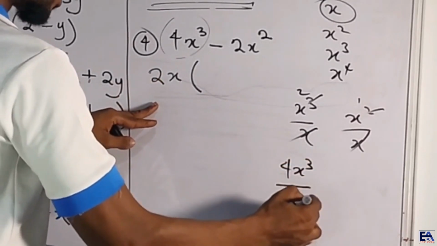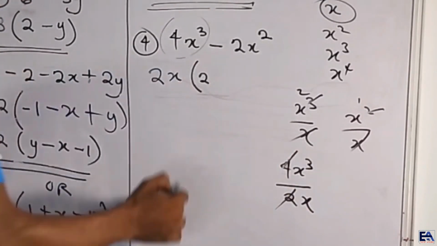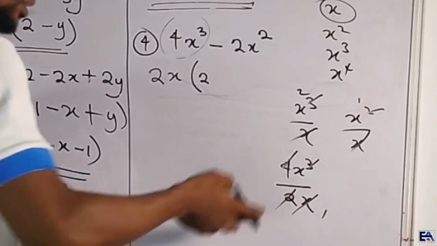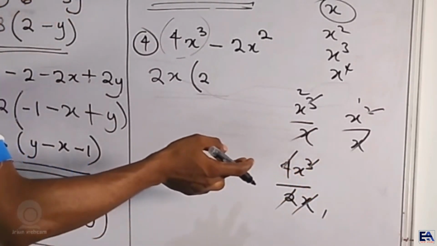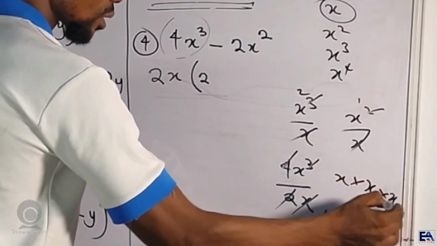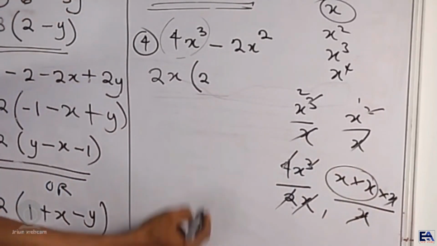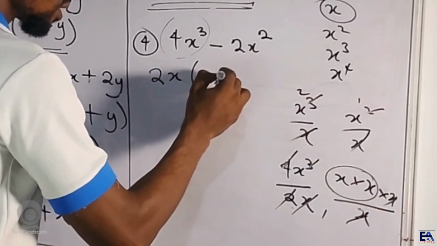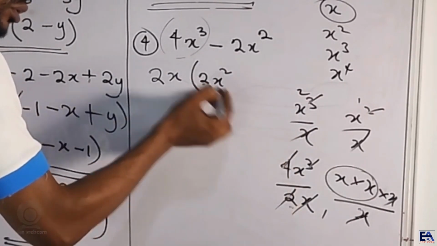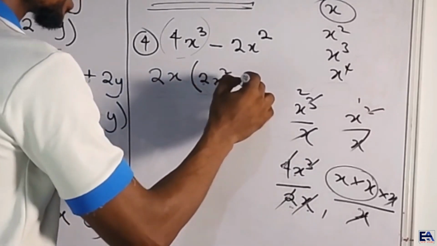divided by 2x, right? So 2 here cancels 2 in 4, that will be 2. Then how many x can go in x cubed? It can go once, which leaves x squared. That is, x cubed means x times x times x. When you divide it by 1x, it will still remain 2 x's, so we have x squared. So 4 divided by 2 gives us 2, then x cubed divided by x gives us x squared. Then minus,